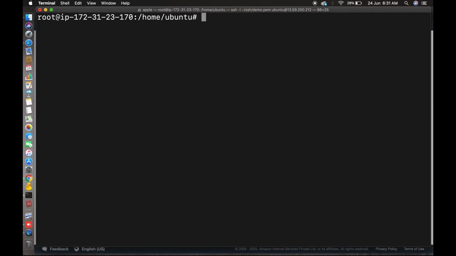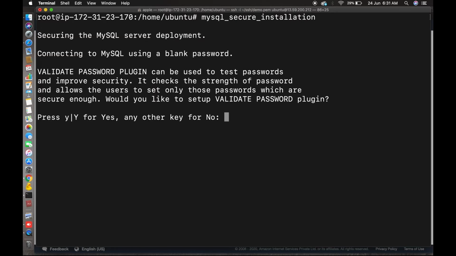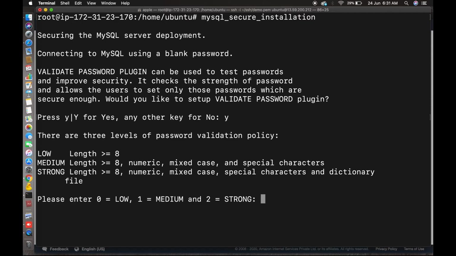Clear it. The next command is mysql_secure_installation. Here we will configure our root user so that you can access it through a password. Choose y, then password policy level 1, medium.